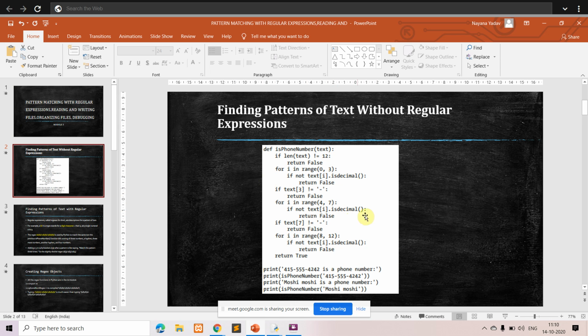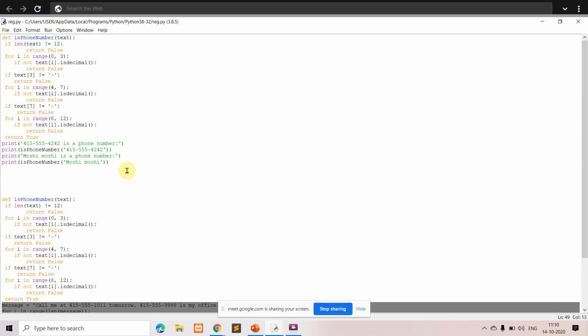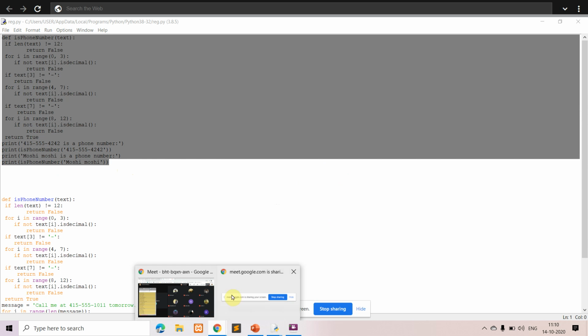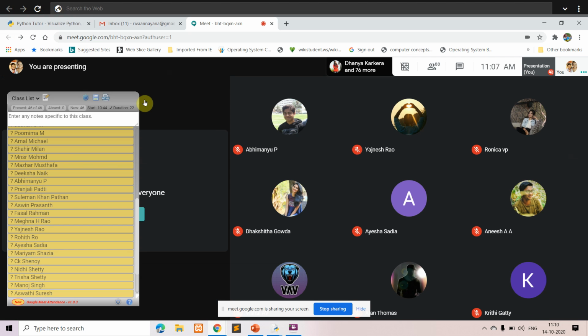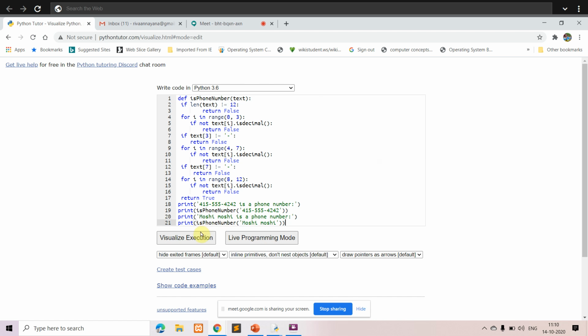So in this particular program, I'll just copy this. We'll just see this particular code.